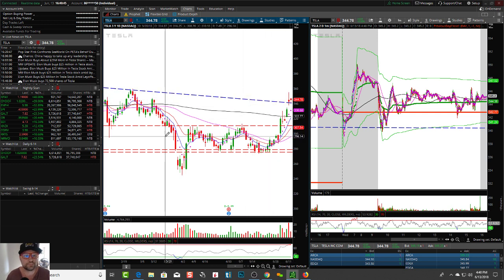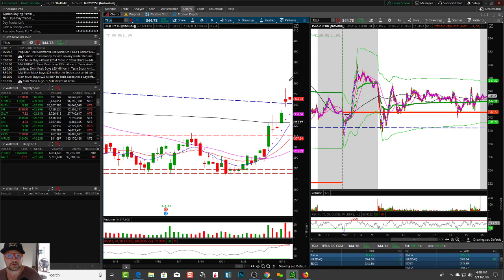I don't like it. So me personally, I wouldn't even look at this chart. I'd stay far away. But is it going to go up or down? You've got to watch this area here, 341. I'm not going to predict it. I would watch tomorrow and see, if it starts failing these areas, I'd be nervous.